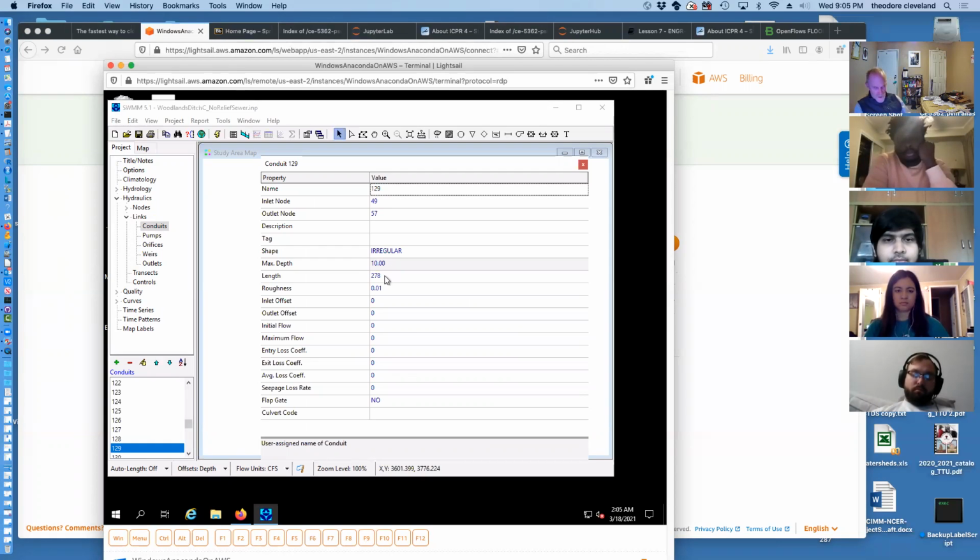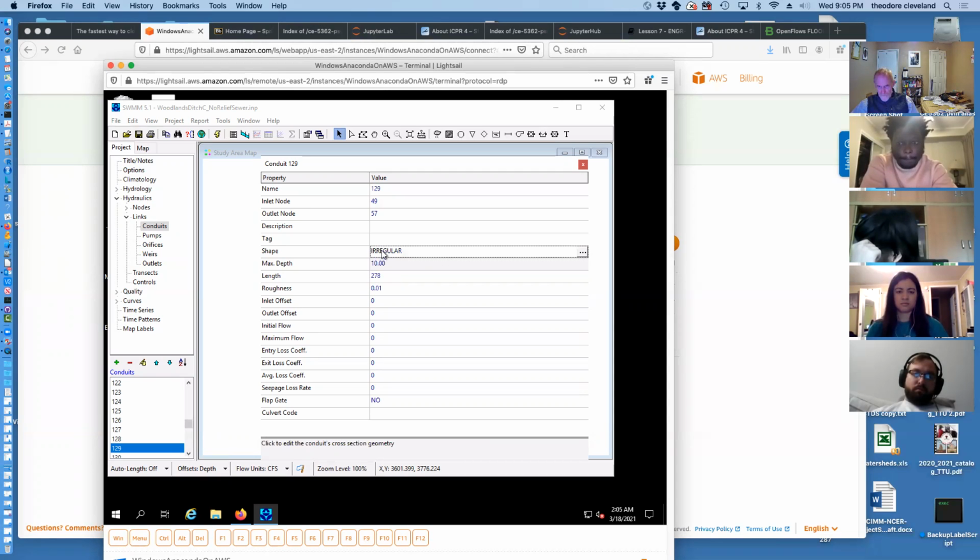The length is 278 feet, which is likely equal to the square root of 1.77 times 43,560 divided by 2 and then times 2. So that number is representing the distance between the centroid of one storage unit and the centroid of the